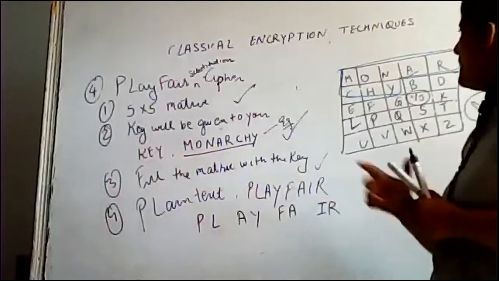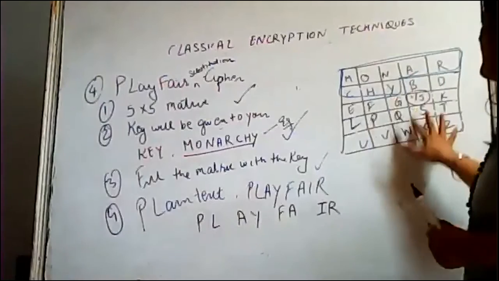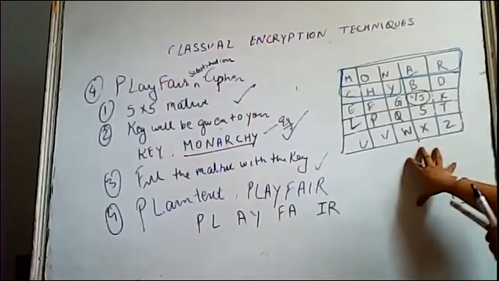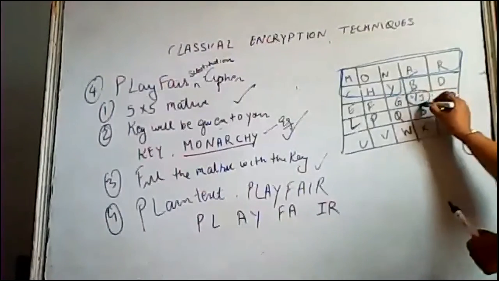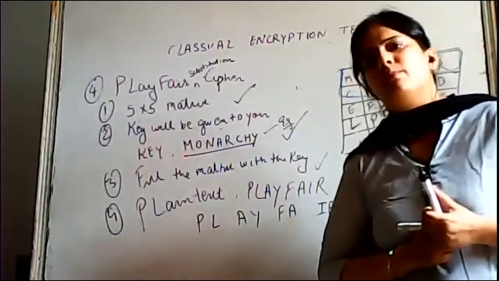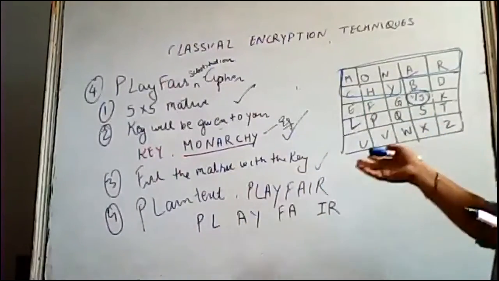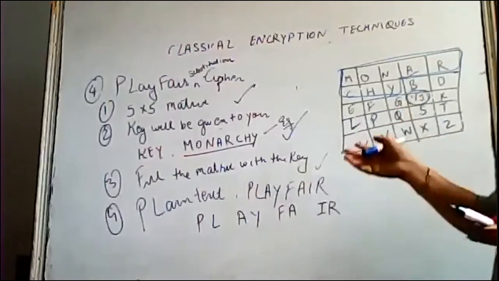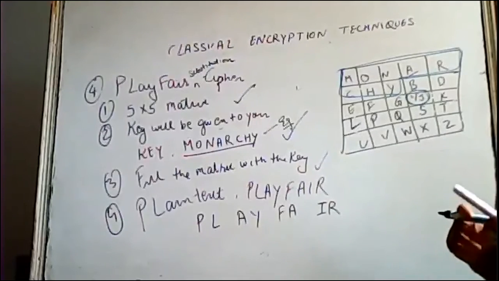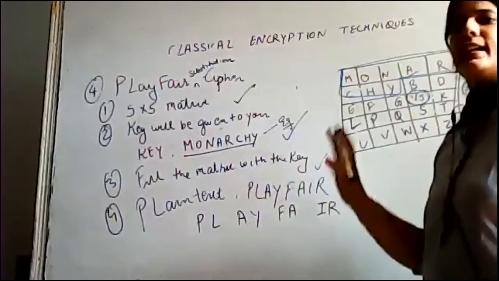Clear? So some key is there. You have filled that key in, and the remaining elements you have to fill in this particular matrix. And we need to pair I/J over here, just to fit all those 26 letters in my 5 by 5. Here, obviously, if J is present, you are not writing any pair, and you can pair some other alphabet. Okay. But if I and J are not present in your key, then it is mandatory that you go for that I/J pairing.